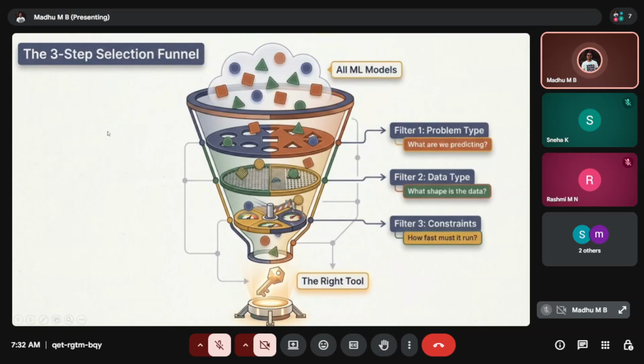Yes, this is all about the three-step selection funnel. If you see closely, just think like this: we have different kinds of ML models, and we have different problem types.